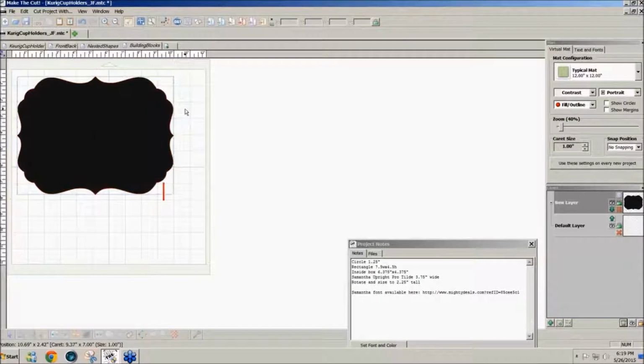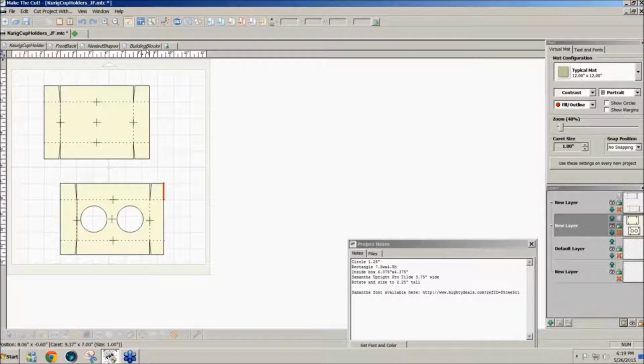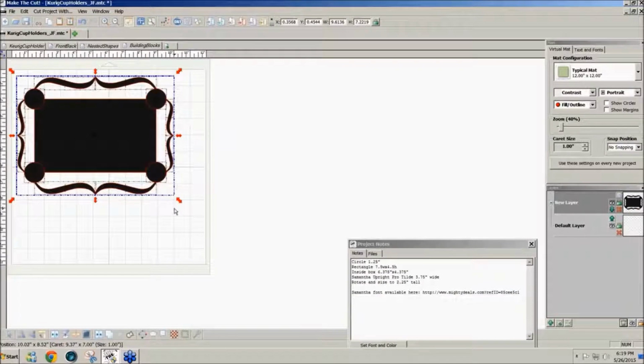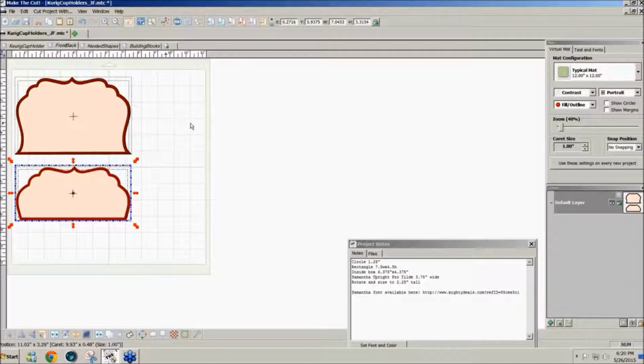I'm going to undo all this because this is just a demo page. So these are the building blocks. I call that page building blocks because that's what I used to create the shape. Then this was the resulting nested shapes that I got from it. So to do the front and back of this Keurig holder, I took just the back layer here and copied it, and I brought it over here,